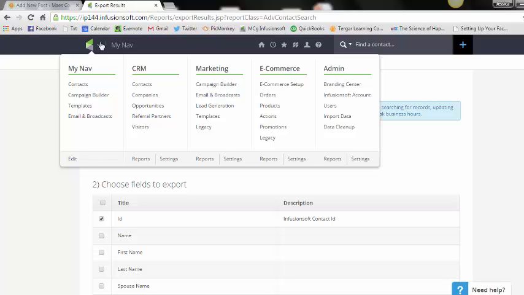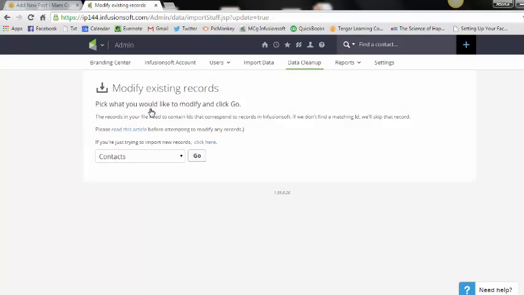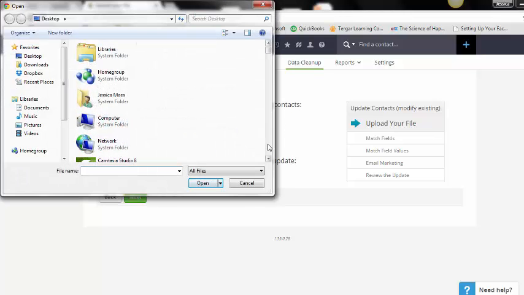So if you've never done this before, you're just used to importing your data. You click on Import Data, and in it goes. We do not do that here. We go to Data Cleanup, and then we have Modify Existing Records. And then it looks very similar to the import process, but it's actually updating your information. So we go out and we grab the spreadsheet,